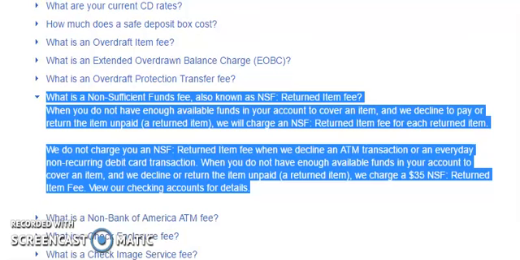But anyhow, return item fee is not that at all. Let me explain a return item fee. So it only works with recurring transactions, meaning, let's say Netflix or Hulu or